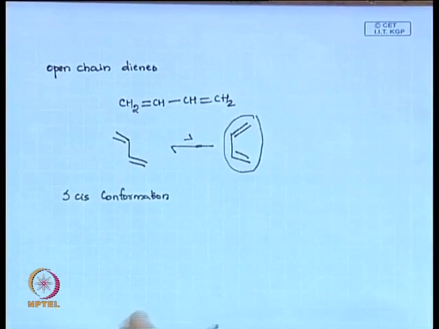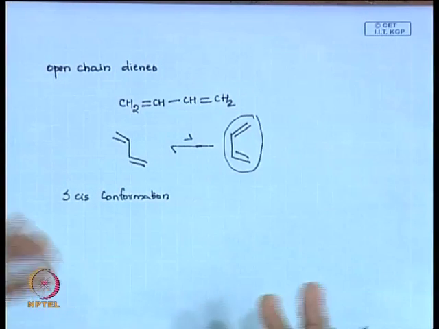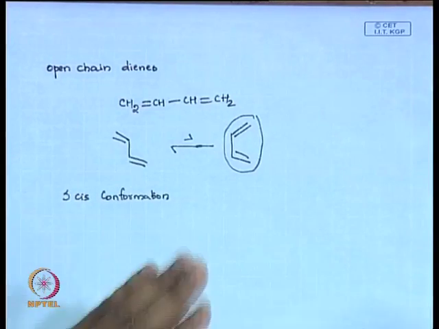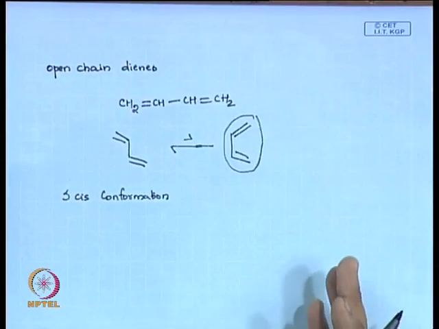So, that happens most of the time in your open chain. In open chain, one advantage you have, or you can say limitation or advantage, is that you can convert your trans to cis by heating or some other means. So, there will always be an equilibrium between these two, or you can thermally activate to move one way. So, you can move to S-trans systems. That is about your open chain dienes. But if you go to your cyclic dienes,